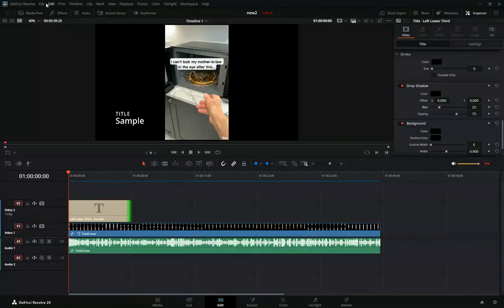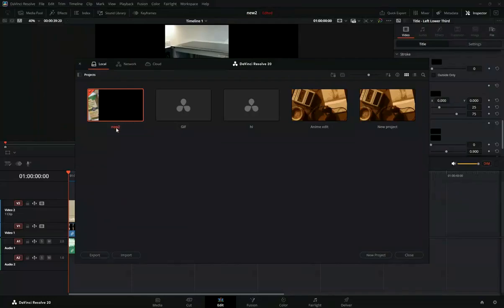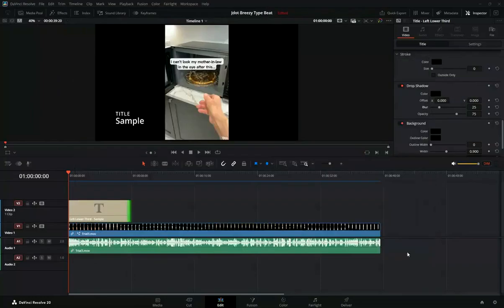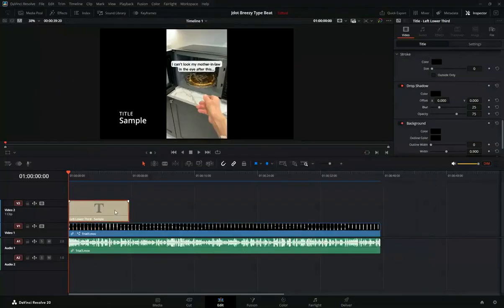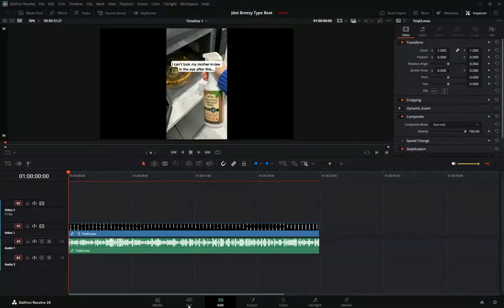Here, you'll want to import your audio files by clicking on File, then Import, and selecting your chosen samples or loops that fit the Jdot Breezy style. Drag these files into the timeline, positioning them on different audio tracks for better control. You can use the cut and trim tools to adjust the length and timing of each sample to match the